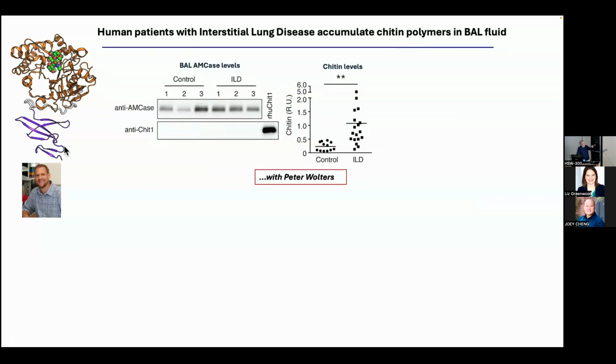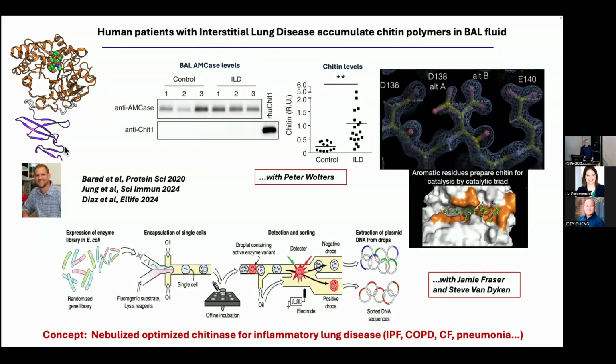Steve went on to show that this enzyme was secreted by club cells. This is a secreted enzyme into bronchoalveolar lavage, with help of Peter Walters, who takes care of a lot of people with interstitial lung disease and pulmonary fibrosis here. And it wasn't missing, and it wasn't the other chitinase, which is made largely in lysosomes of Kupffer cells and resident macrophages and other tissues. And these patients accumulate large amounts of chitin in their bronchoalveolar fluid. So it's not keeping up with clearance.